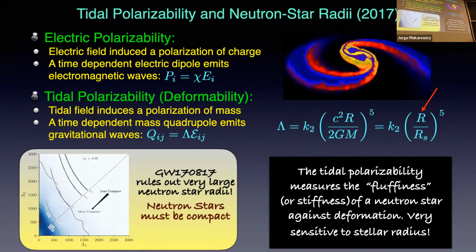So here, in a cartoonish way, I like to say that the tidal deformability measures the fluffiness or the stiffness of a neutron star against deformation, and it's very sensitive to the stellar radius. If you do a calculation, you can prove that the tidal deformability is very strongly dependent on the ratio of the radius of the star to the mass of the star raised to the 5th power. So you have a very strong lever arm, and then there is a prefactor here